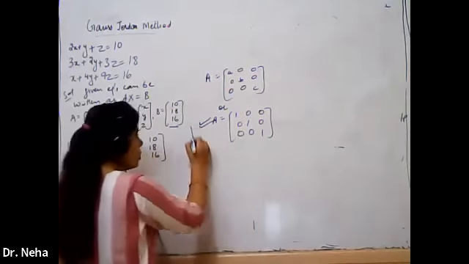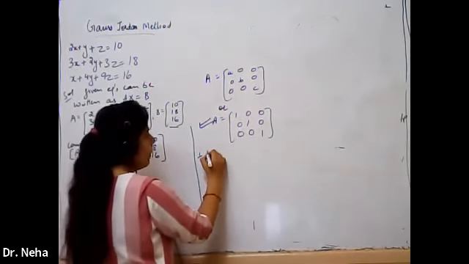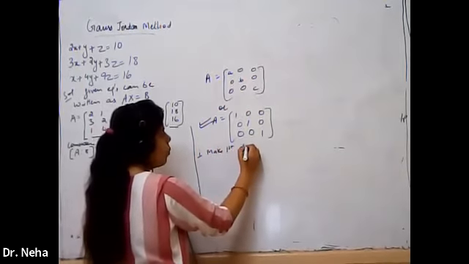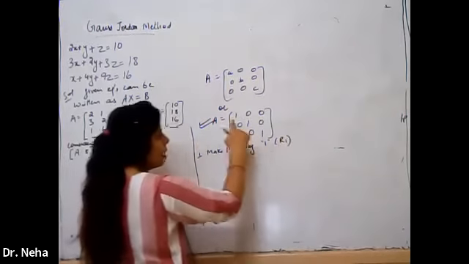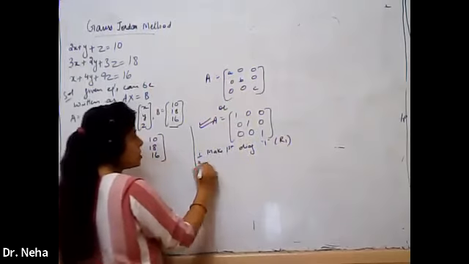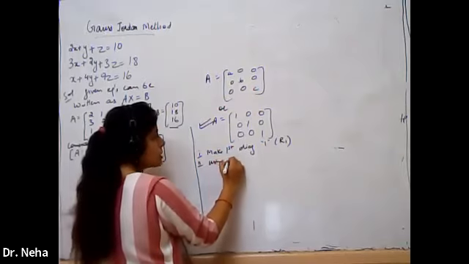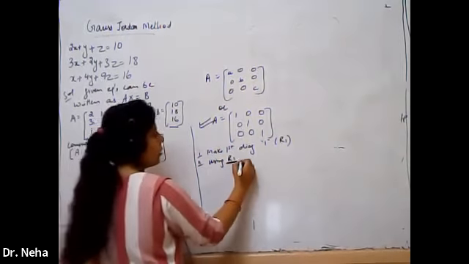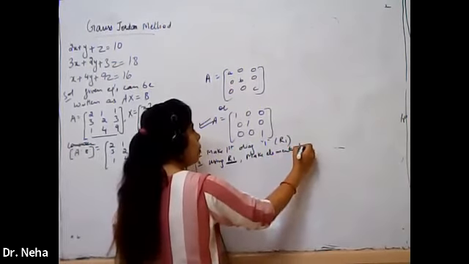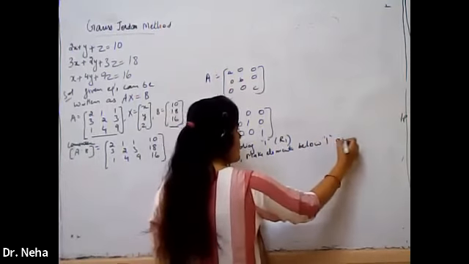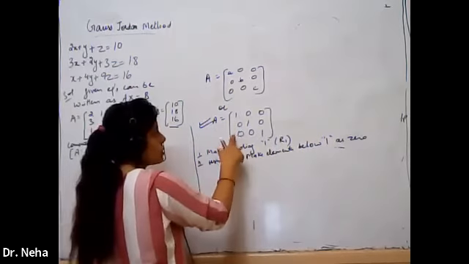Now again, we will use a prefix rule. Only 6 steps are there. You can write down the steps. What is number 1? Make first diagonal 1. First diagonal means R1. The first diagonal is there in R1. Step number 2: using this 1, that means using R1, make elements below 1 as 0. Clear? That means using this 1, make these 2 zeros which are below 1.